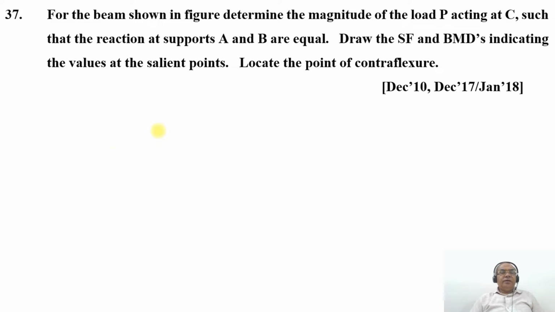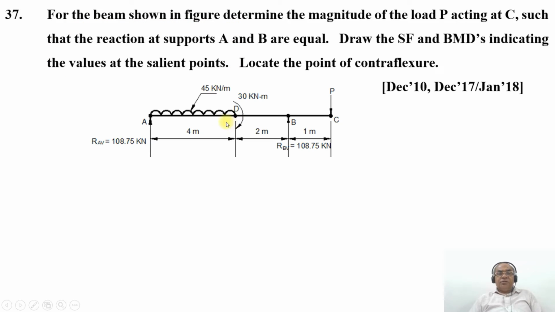In this video, we are going to take up one more problem. The problem number 37. For the beam shown in the figure, the figure shows the overhanging beam. Determine the magnitude of the load P acting at the point C such that the reactions at supports